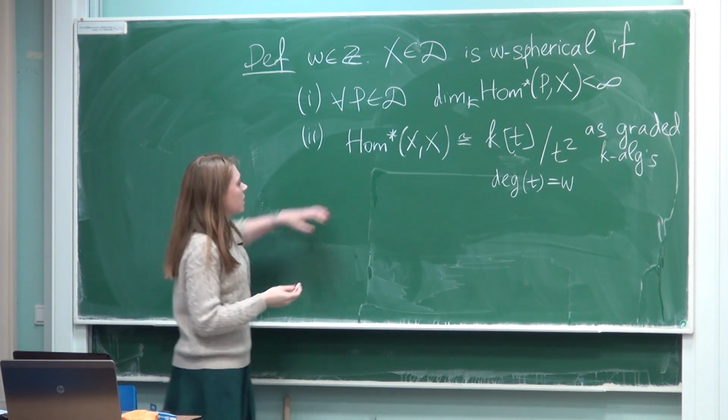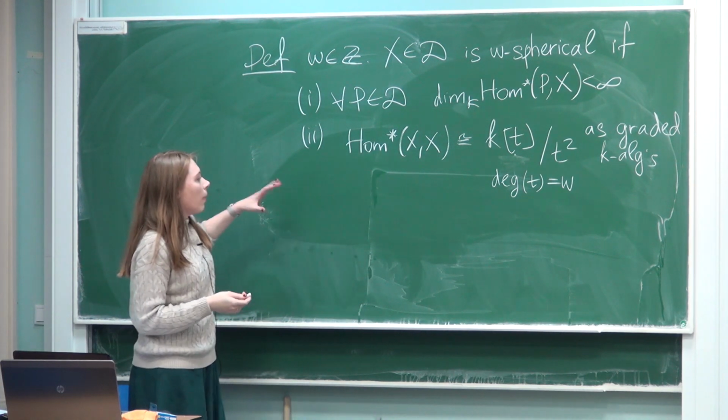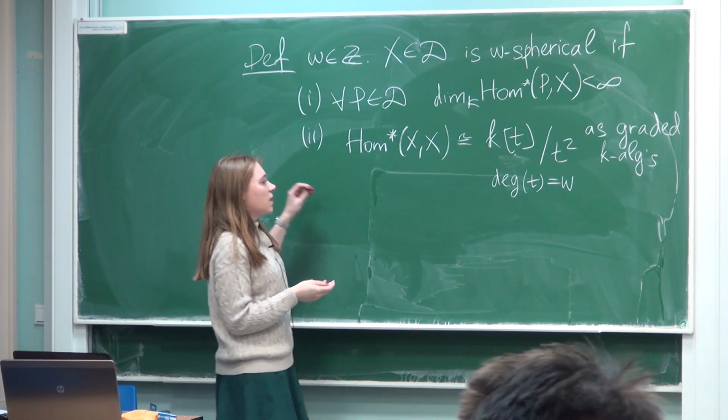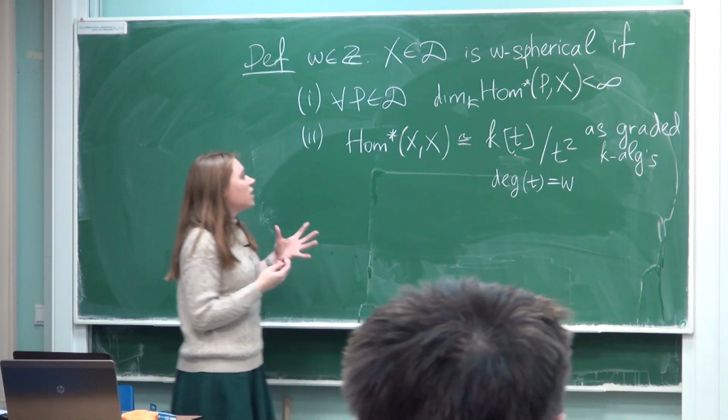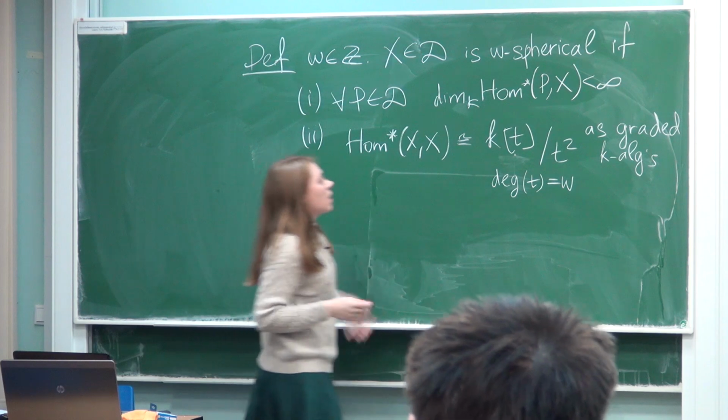So this means that this Hom space is two-dimensional and concentrated in degrees 0 and omega. And for omega equal to 0, there is this additional